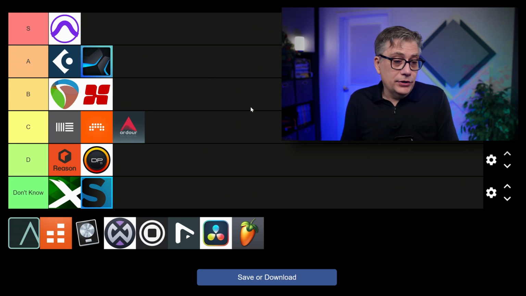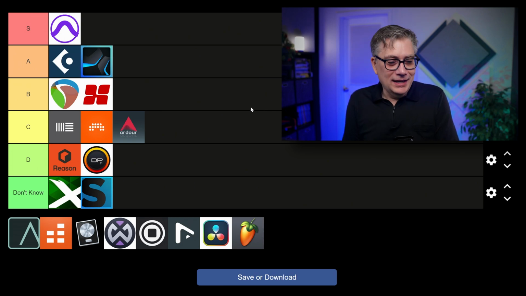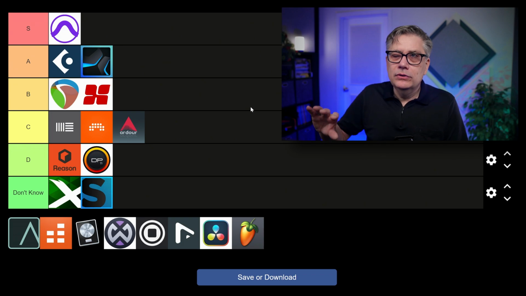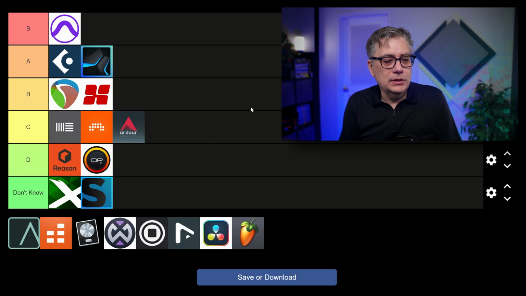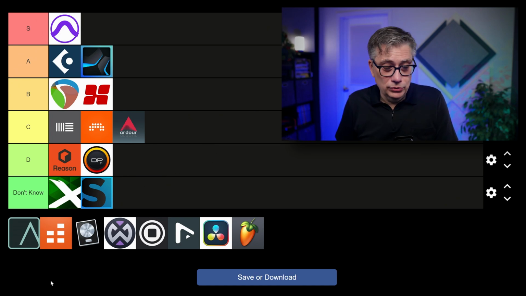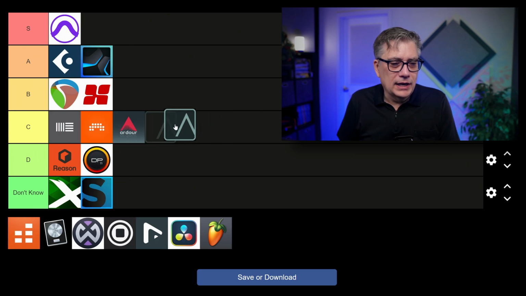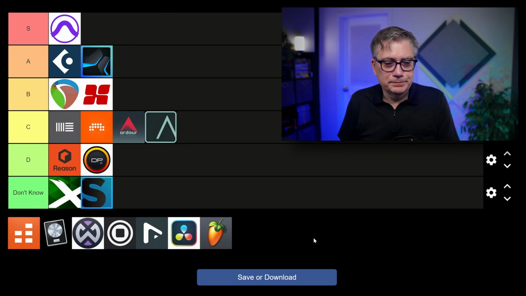It is a stereo-only DAW. It can do anything other stereo-only DAWs can do. So I'm assuming it works fine with the Dolby Atmos Composer and the external Dolby Atmos renderer. I have not really tried that yet, even though I'm planning to do a video probably later this year about how to use Dolby Atmos in Luna. It is a nice DAW, but it's not necessarily the DAW I would choose if I would go Dolby Atmos. So I'm going to put that here into C tier with all the other stereo-only DAWs.